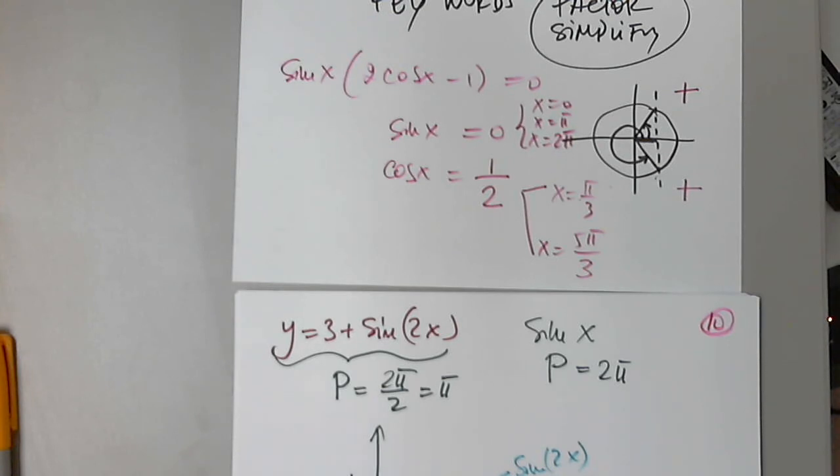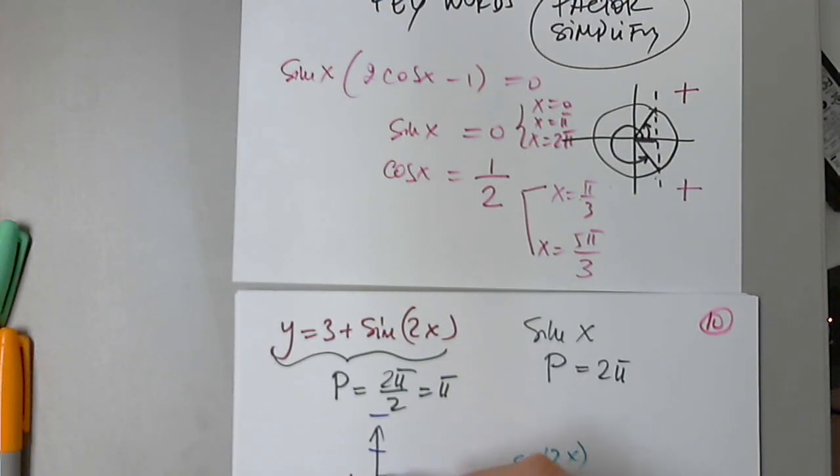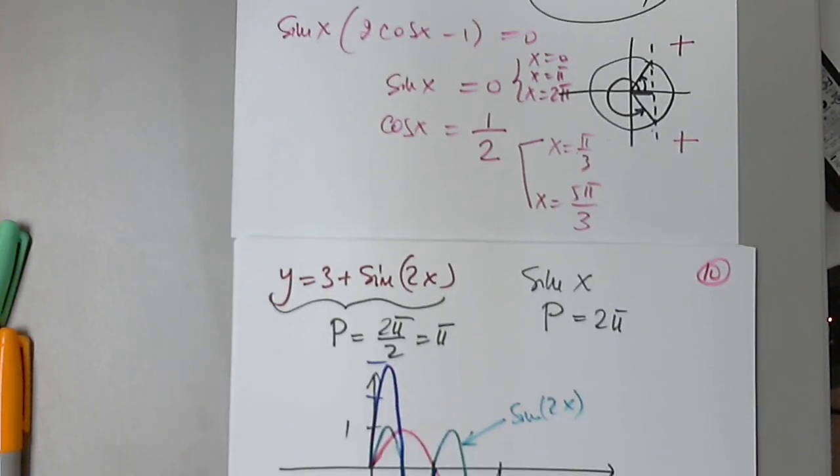But now I also have the 3 in front, or just added. So it will go up to 4 and down to 2, centered at 3. This is just one complete rotation: 3 plus sine twice x. And let's really quickly